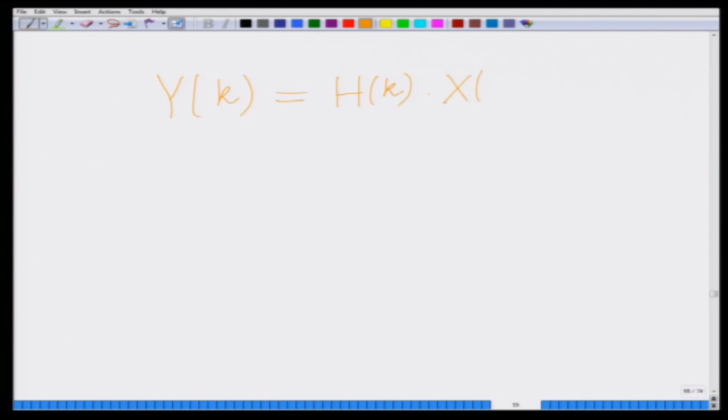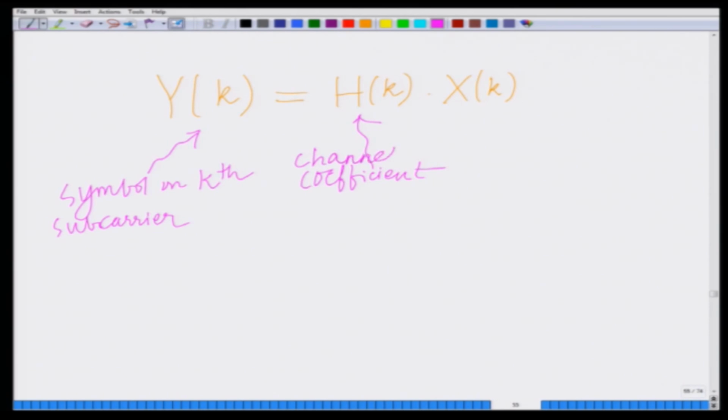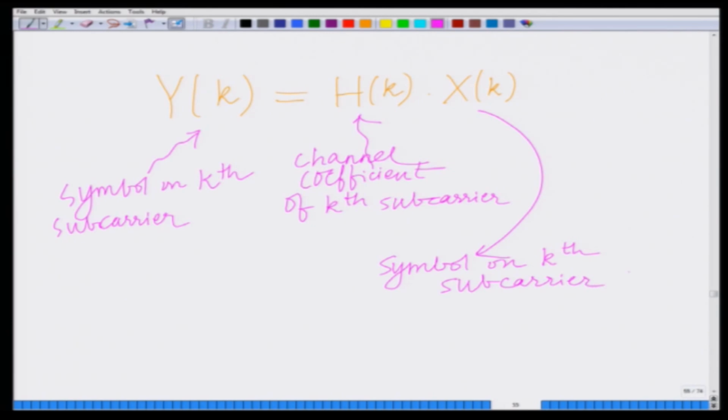Y_k equals H_k times X_k. Y_k is the symbol on the kth subcarrier, H_k is the channel coefficient of the kth subcarrier, and X_k is the symbol that is transmitted on the kth subcarrier, and therefore, now you can see that each subcarrier